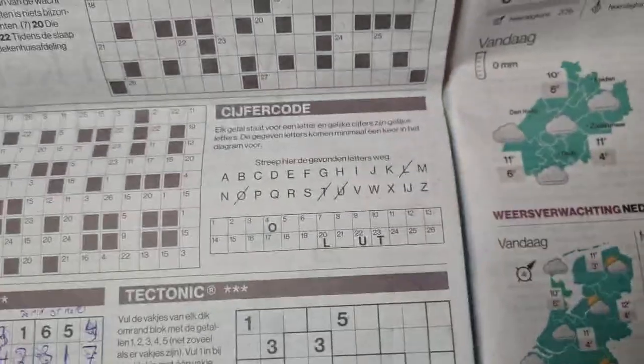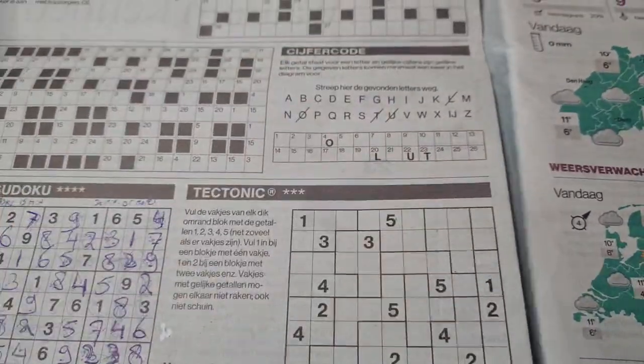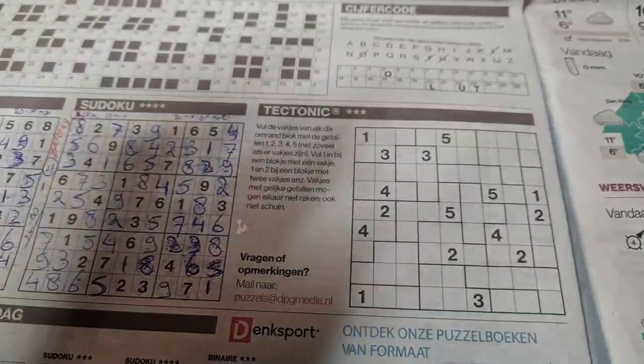And in this newspaper we have also an additional one with extra puzzles. 7 extra puzzles, 4 of them I will solve in the evening. Let me continue with this one, the